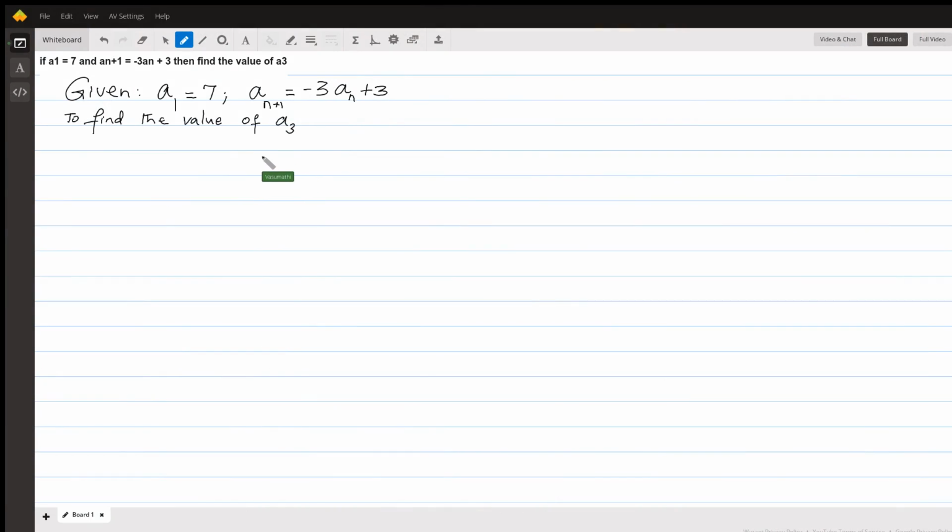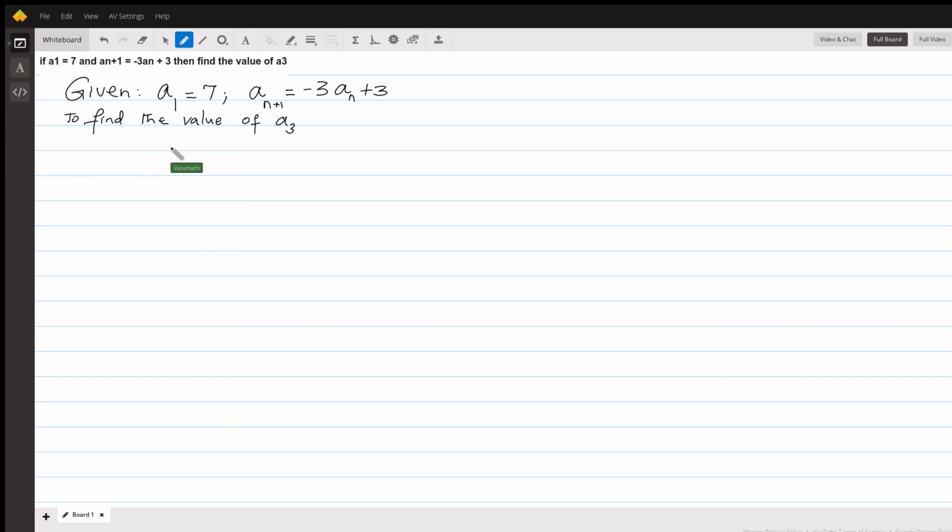Hello, we are given that the first term in some sequence, called A1, equals 7, and we have to find the value of the third term. And the information that's going to help us here is